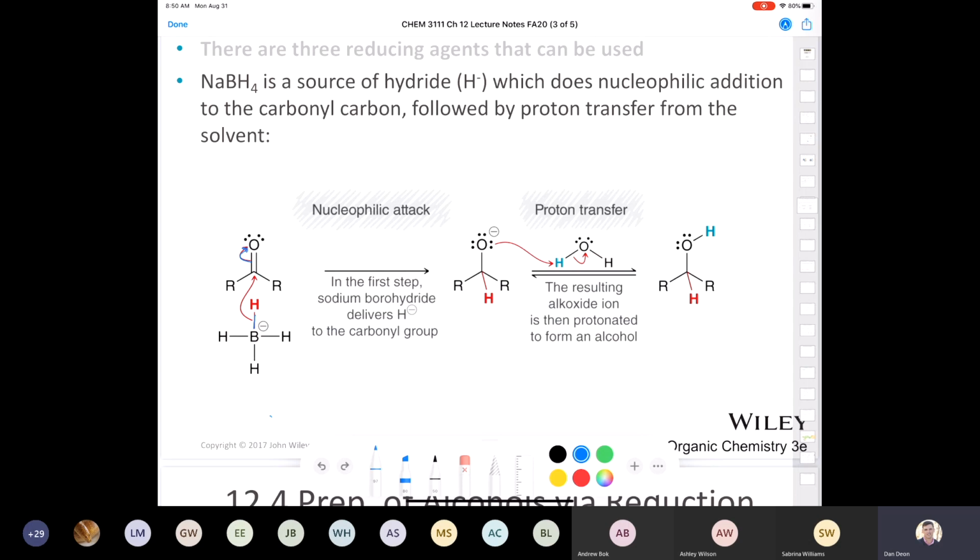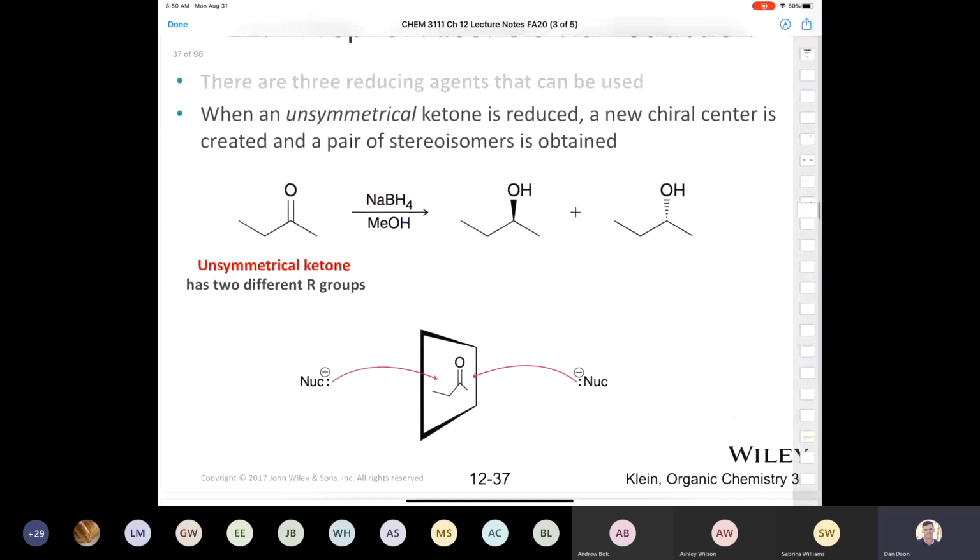In fact, I think there are several things that are not well understood about this mechanism, and it looks very simple here, and it's very plausible, absolutely very plausible. But I'm not going to go any deeper than this mechanism because this is what's provided in our textbook, and it's also what you would need to know for the ACS or a DAT or an MCAT or a PCAT or anything like that. Okay, so this is the mechanism. If you're like, I like this mechanism, it's pretty short, you're absolutely right. Okay, let's just talk about the stereochemical,